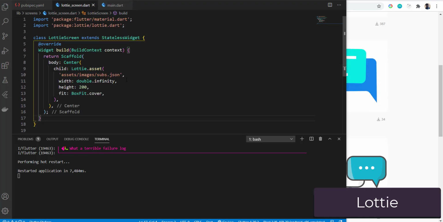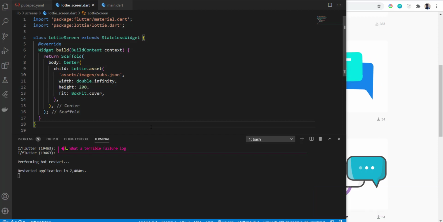In my Lottie screen file, all I have to do is just create a Lottie.asset instance like this, pass in the asset location, make sure it's JSON and nothing else. You need to specify the width and the height and fit as you specify in other apps. And that is almost it to add any animation from lottiefiles.com.